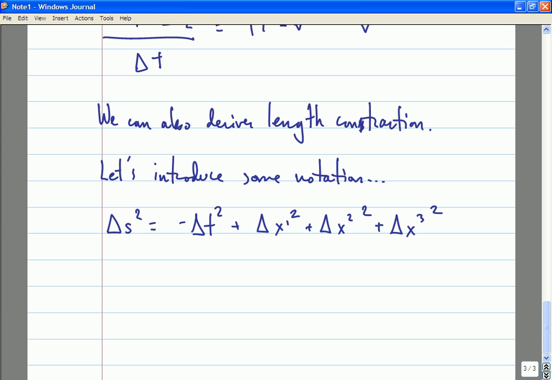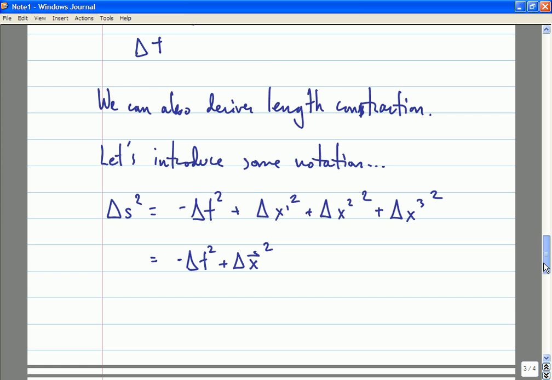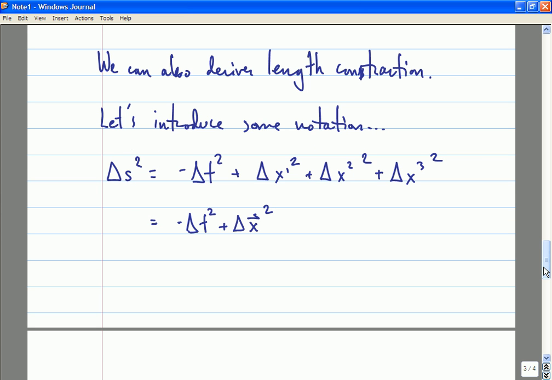Now, that's an awful lot of terms to keep writing down over and over again. Even the two terms, minus delta t squared plus delta x squared, if I use the three-dimensional vector notation, is still too many terms for my taste. And anyway, in relativity, we're supposed to treat time and space on completely equal footings. So what I will do